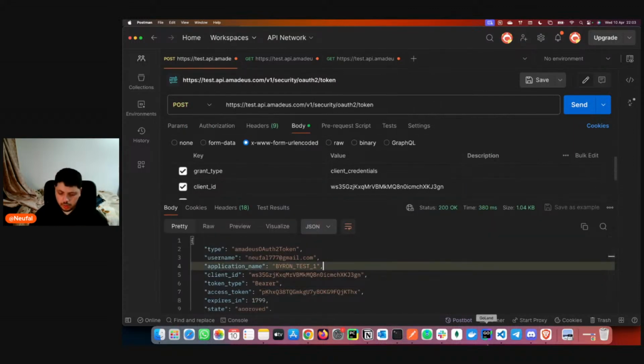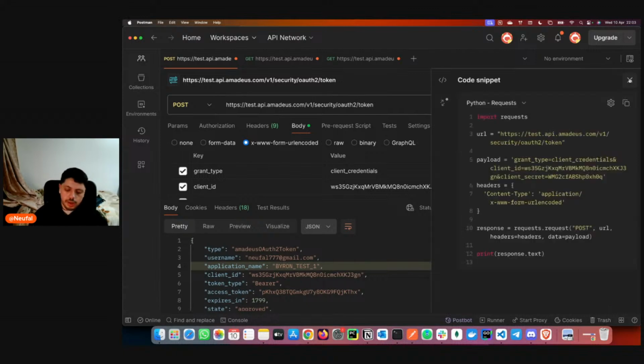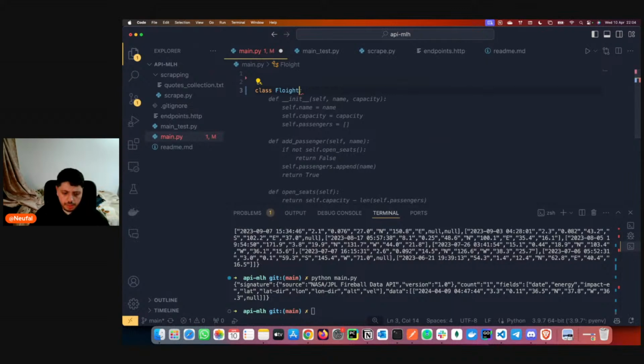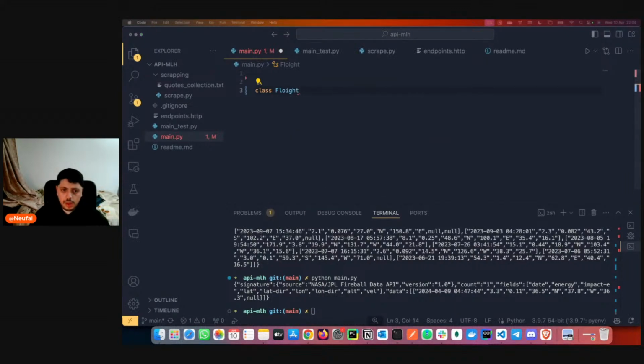Let's make it work. Let's write the code and see how we can. First of all, I want to create here a class called FlightEngine. Let me make this a little bit bigger. Okay, it's good enough. If someone can confirm, that would be great.